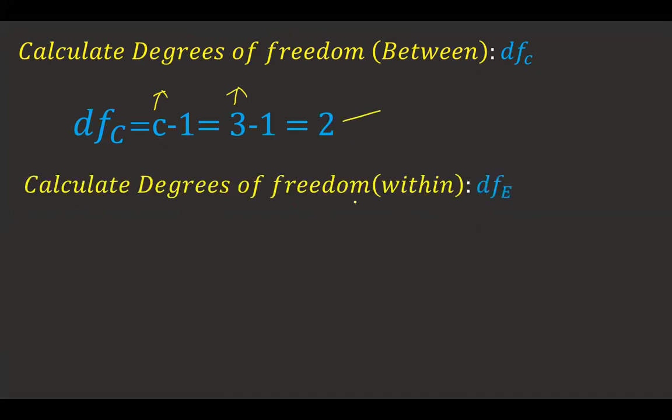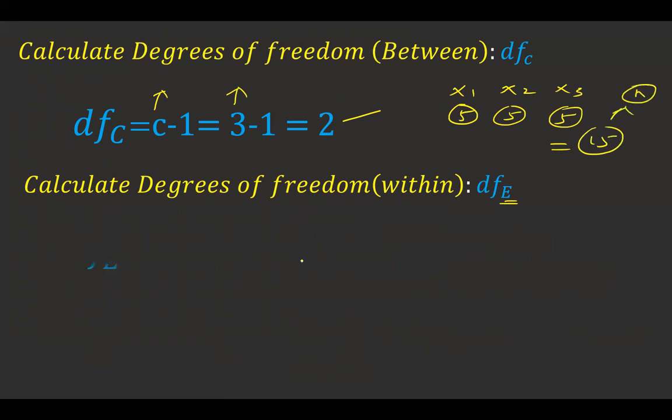Similarly, I'm calculating degrees of freedom within. Say I've got 3 groups. X1, I have got 5 values. X2, I have got 5 values. X3, I have got 5 values. Add everything, so I'll get 15 values. 15 values is taken as n here. Now n is 15. C is already calculated, 3 groups. So it is 15 minus 3, that's equal to 12. So now these are all the values I'm going to substitute here.